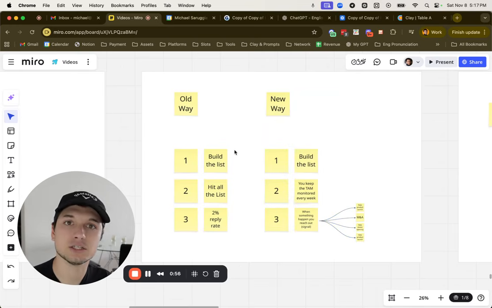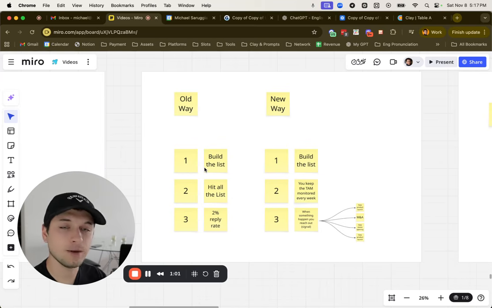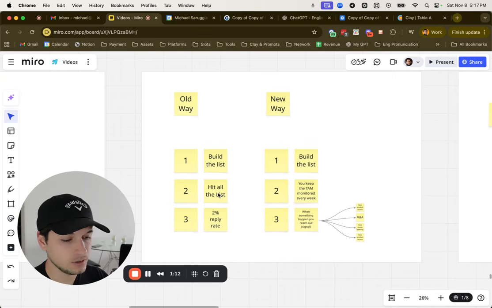The old way is what we used to do, right? The old way is, okay, we build a lead list. Like, I'm selling to all the dentists in Manhattan or whatever, and I map all of them.